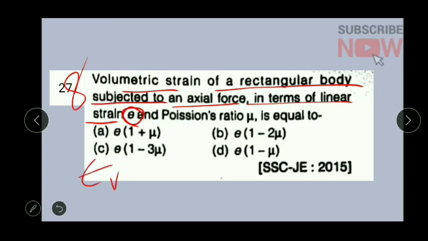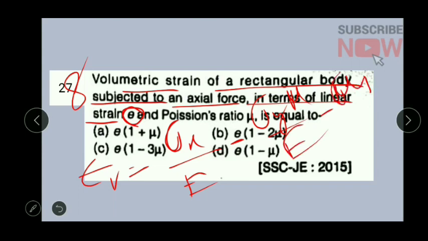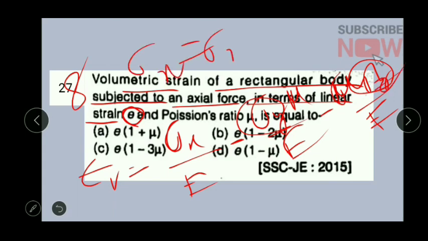So volumetric strain will be equal to sigma x by E along the x direction, minus mu sigma y by E, minus mu sigma z by E. So we take sigma x equal to sigma y equal to sigma z, let it be equal to sigma, then we can write,